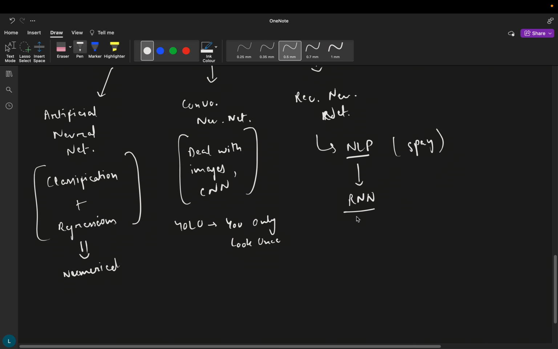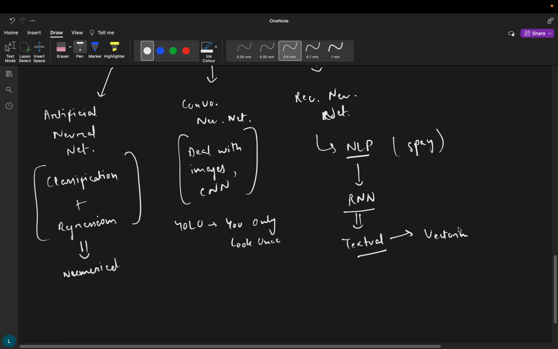But in the case of RNN, you basically deal with textual data. Whenever you are going to deal with text, like you have to tell whether the given mail is a ham mail or a spam mail, a valid mail or a spam mail. In this you don't have any numerical data, you have text overall. So how can you convert this text to numerical, or to vectors to be more precise? How can you convert this to vectors is the basic understanding of RNN.